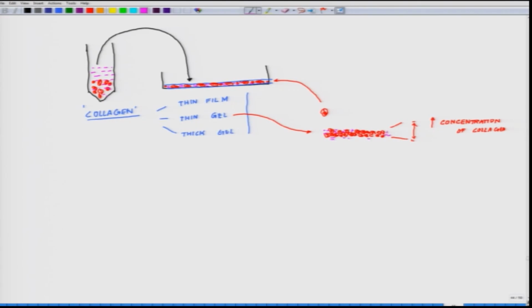So there will be two levels of interaction. One interaction you have to make happen is between the individual collagen molecules. There is one set of interaction which will be happening